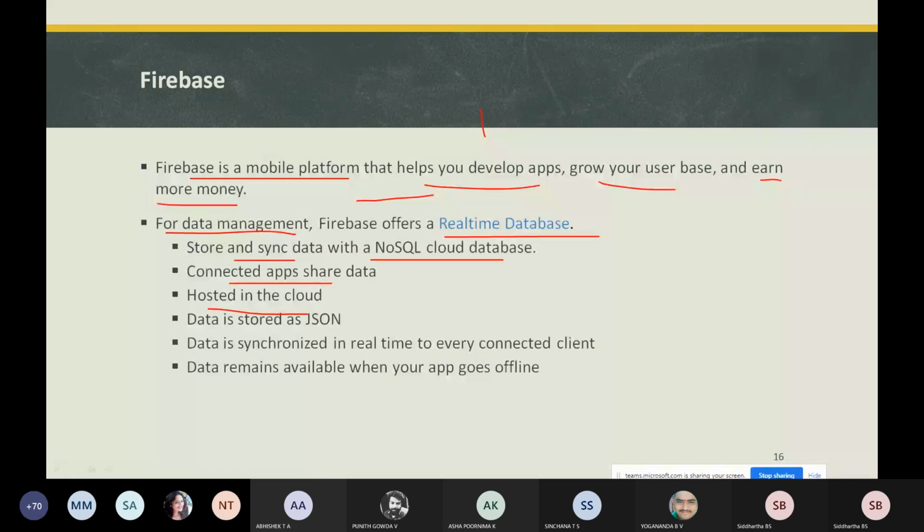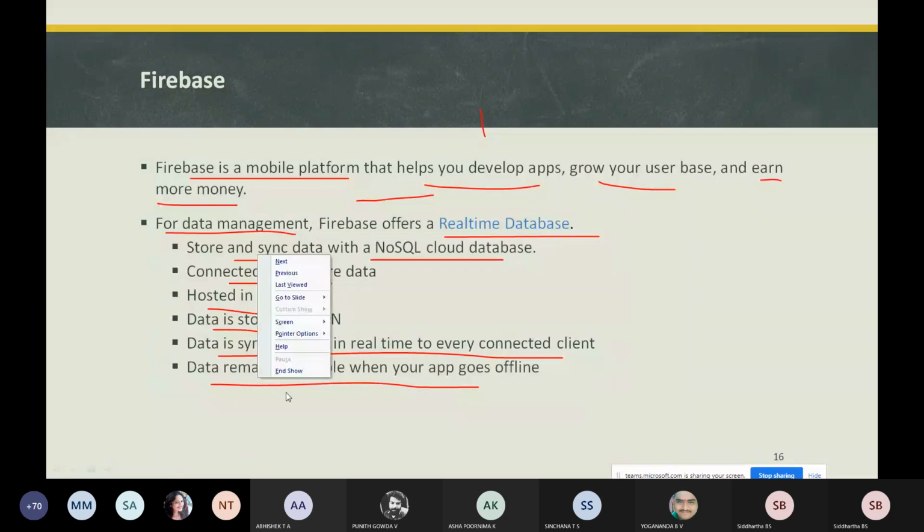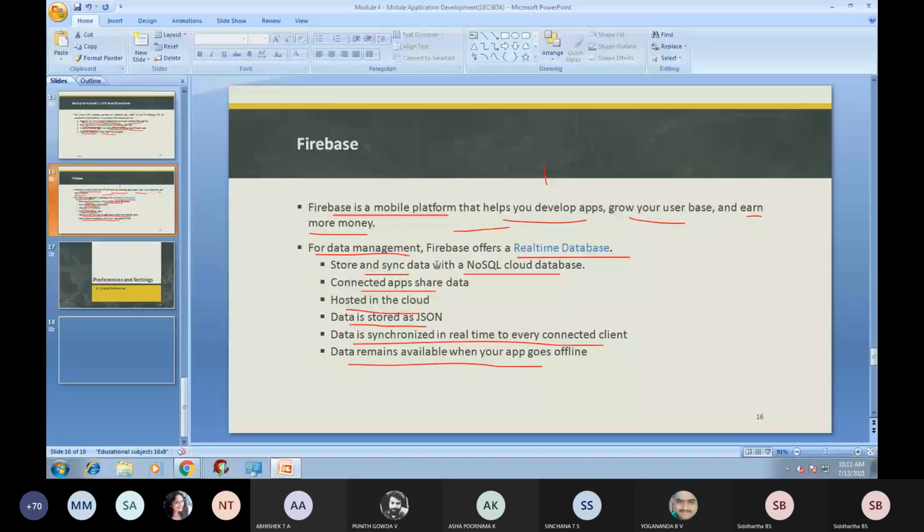Data is stored as JSON and synchronized in real time to every connected client, and data remains available when your app goes offline. These things are offered in the Realtime Database when you are performing data management. So this is about storing data for the Android device.